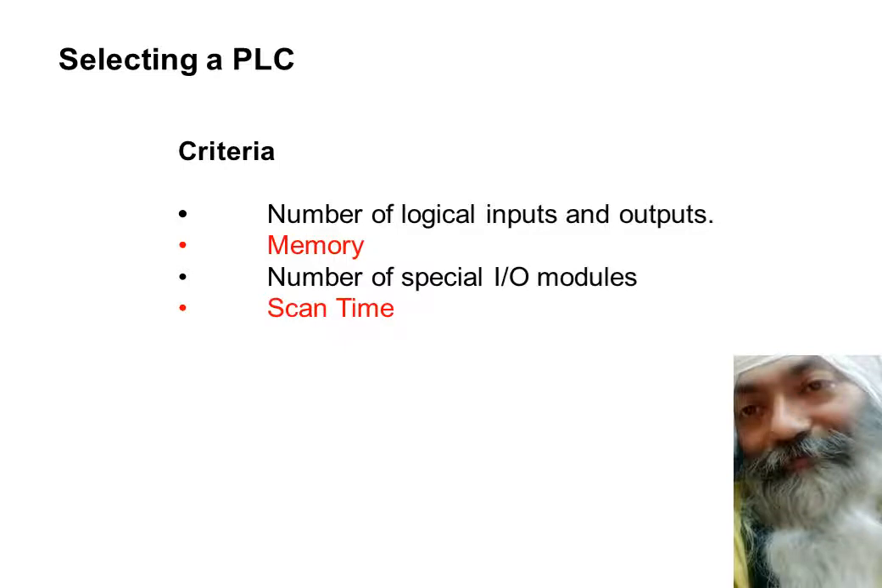We have to take care of the scan time. If the process is very fast, then in that case the scan time has to be small. We cannot afford to have 100 milliseconds where the samples are changing every 3 millisecond or 4 millisecond. In that case, we have to have a scan time lesser than 3 millisecond, lesser than 4 millisecond. Similarly, the communication requirements, as we have discussed just now, also need to be taken into account while